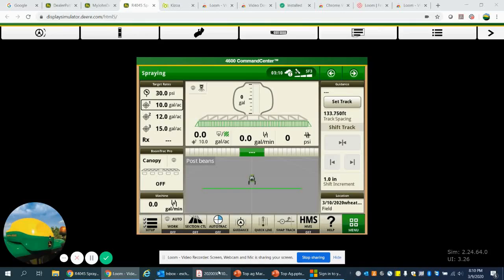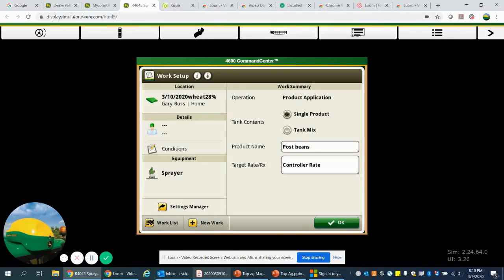So now let's move over into the screens. The first thing we're going to do when we get to our Gen 4 command center is go to setup in the bottom left. In the location in the upper left,